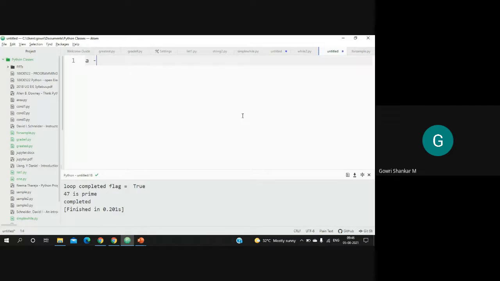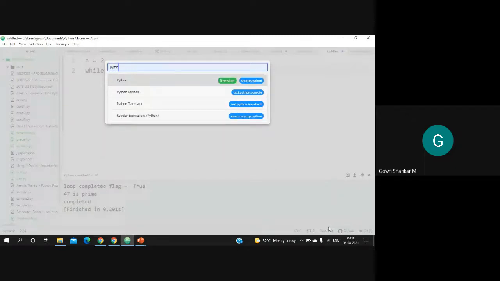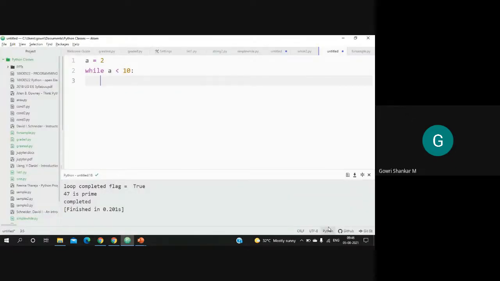A is equal to, say, 2. First go and print this A. Now what are we doing? A is not incremented, so we will always get true. It is running an infinite number of times. This is not stopping.